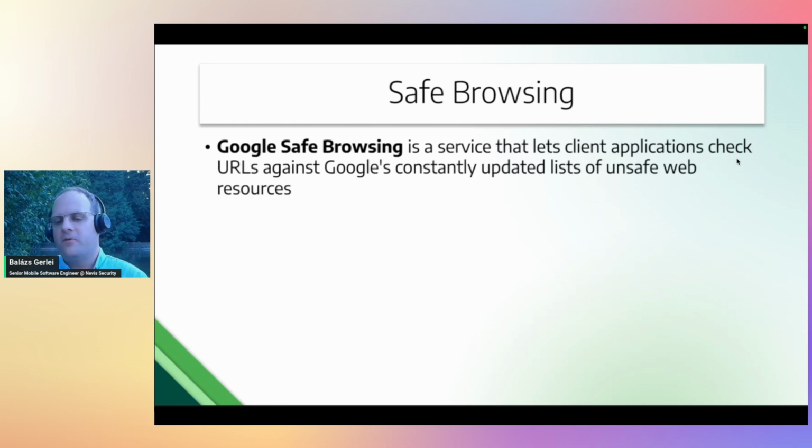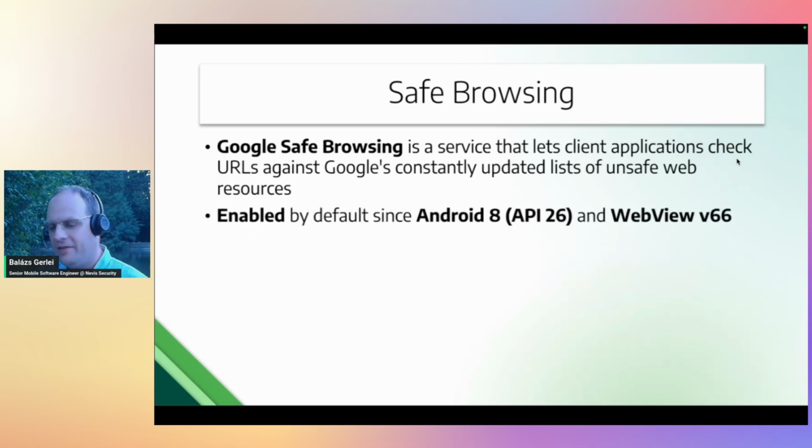Next one, a quick one, safe browsing. Google has this service. It basically lets client applications check URLs against Google's list of untrusted resources. And then it doesn't allow it to load. For a while, since Android 8 actually, it's by default enabled. And it's also enabled by WebView version 64. This is a good point to remember or